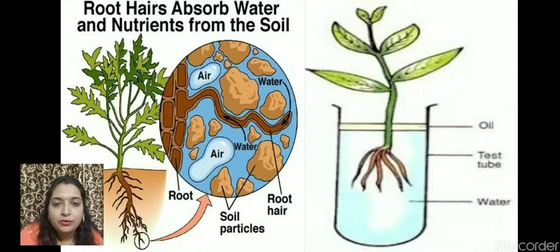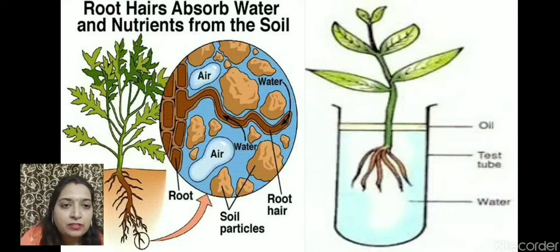Now if you try to lift the cup by holding the plants, you will see that along with the plants the cup also lifts up. Why? Because their roots hold the soil firmly. Their roots hold the soil, so the plant was fixed firmly in the soil. So by this activity you can prove that roots hold the plant in the soil.